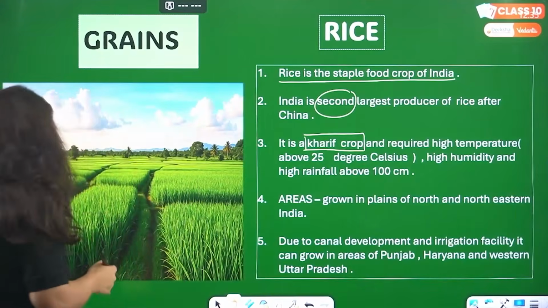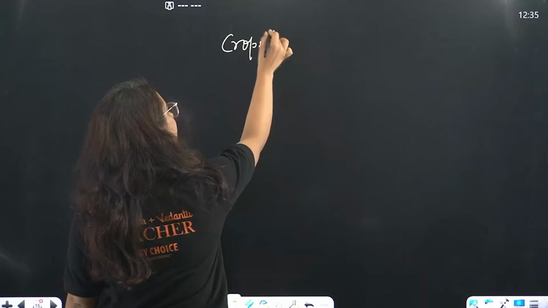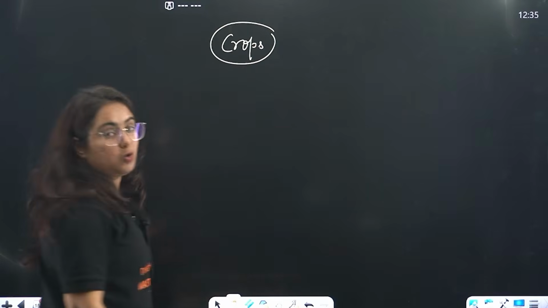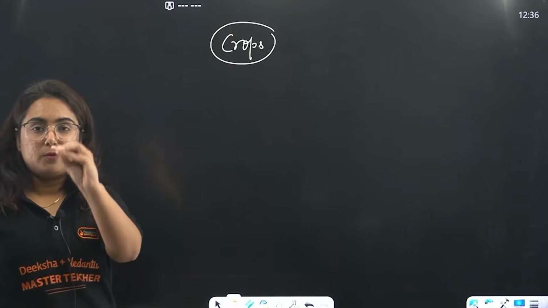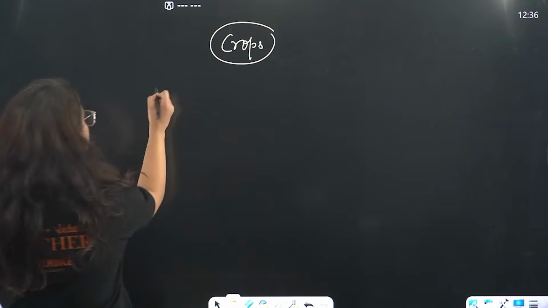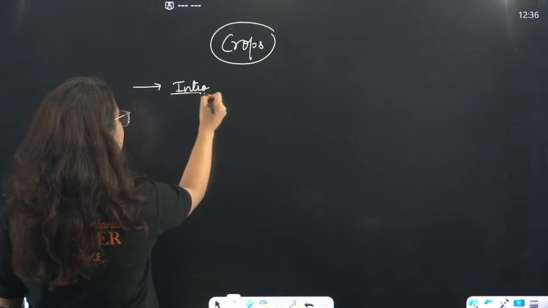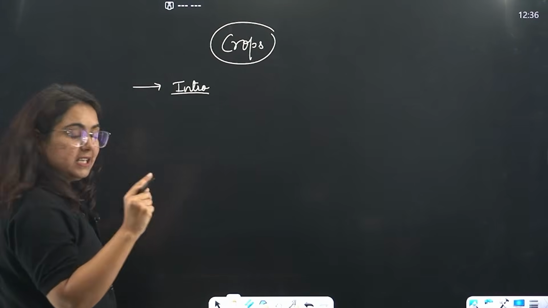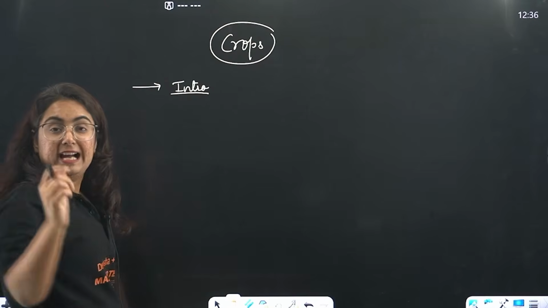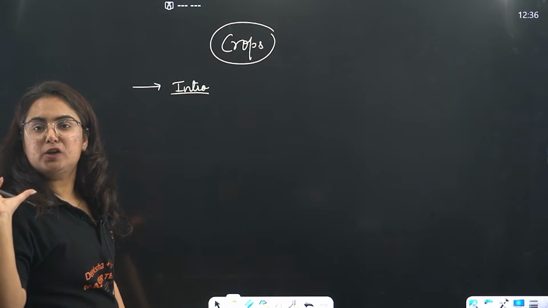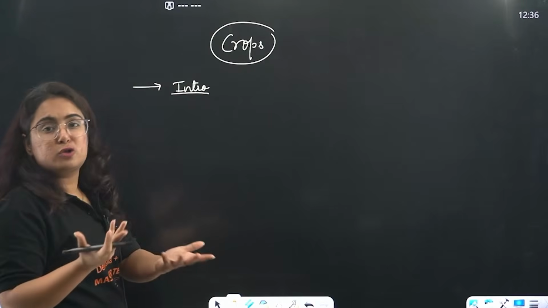One thing before telling you about the crops, let me tell you one thing. Like we did in the soil also, we pre-decided what points we have to write. Whenever we write about a crop, we will write an intro first. And what is the intro for rice? Beta, it is the staple food crop of India, and India is the second largest producer of rice in the world after China. The intro includes two different points.